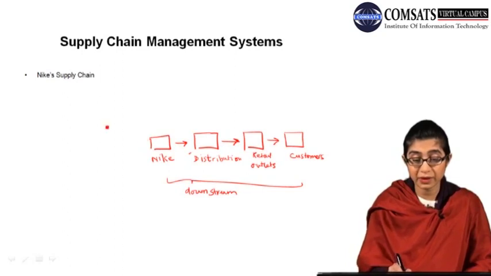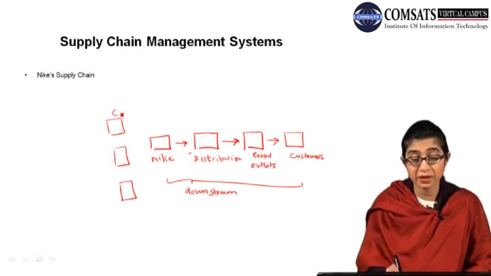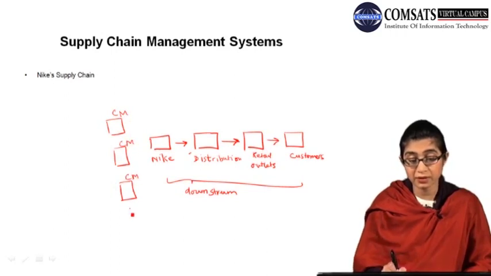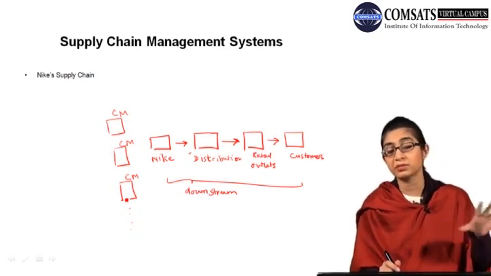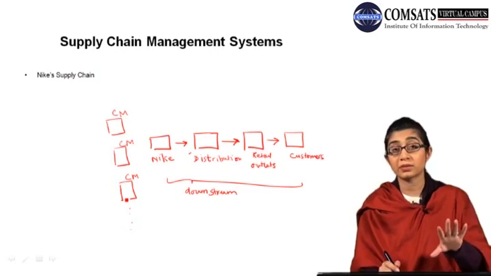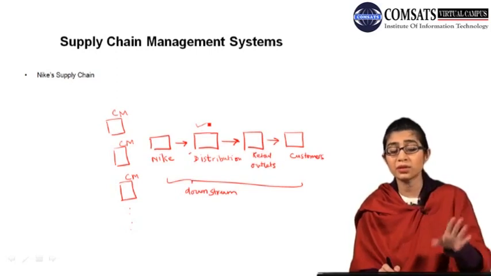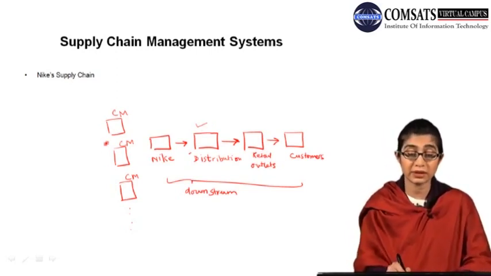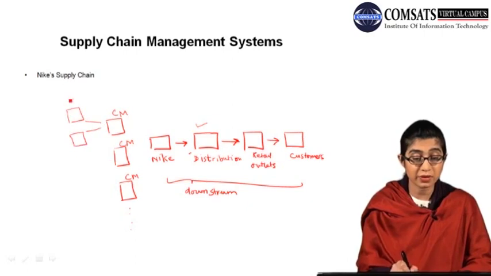Now we said that Nike has a number of contract manufacturers. So these are your contract manufacturers 1, contract manufacturing 2, and so on and so forth. Since Nike is a large, vast and complex organization, so that means कि इसके बहुत सारे contract manufacturers हैं और बहुत सारे distribution centers भी हैं, as well as lot of retail outlets जहाँ पे उनके products sale होते हैं. Right जी, अब these contract manufacturers will have their own set of suppliers.